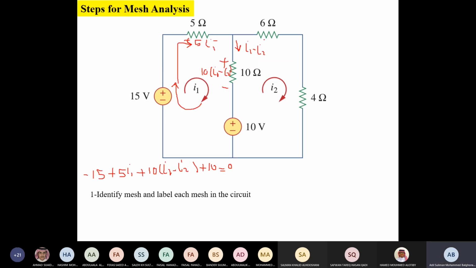Over here it will also be a drop, and this one we said we'll make a drop too, even though the previous one is a mesh one, but we said we don't want to. If you want to use this one, don't forget to put a minus sign when you do the KVL. Okay, so you will have